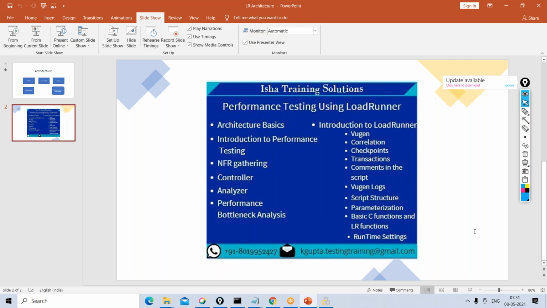No, JMeter is a separate tool, and it's a separate course altogether. And if you are a beginner, please learn one tool at a time. And if you're proficient in one tool, then definitely you can go ahead with another tool, and you can master that tool as well.